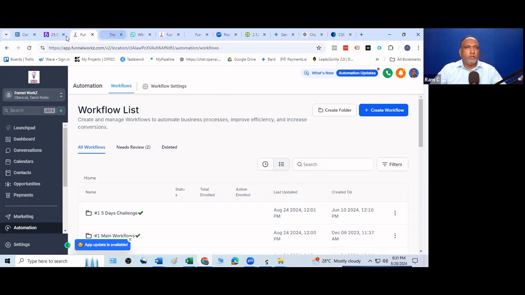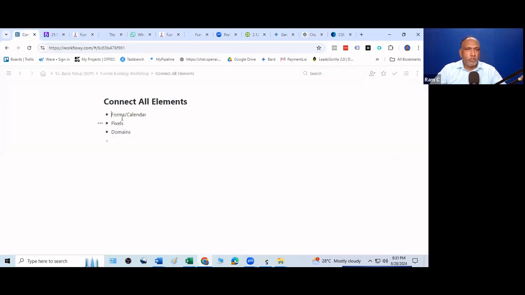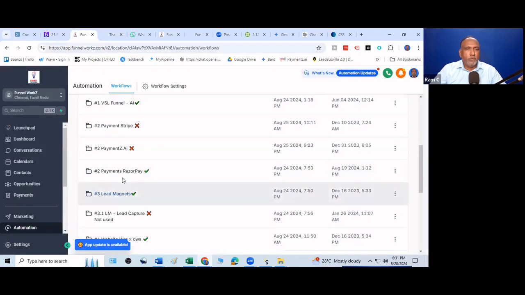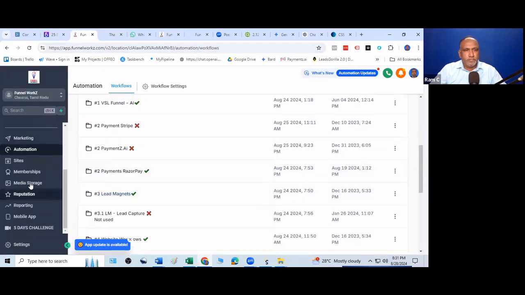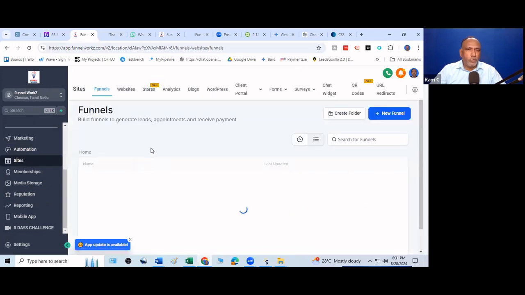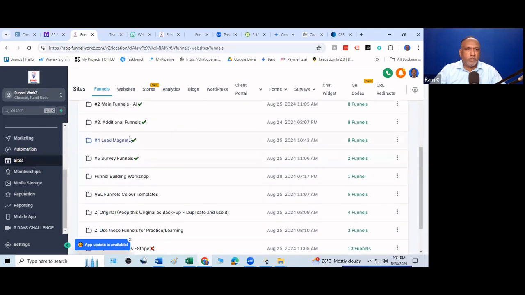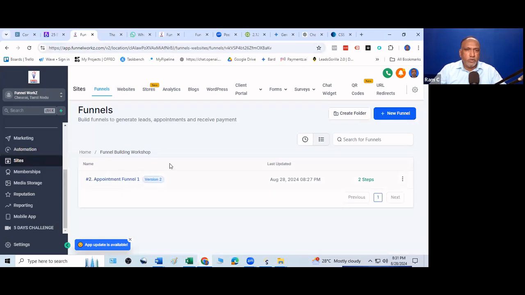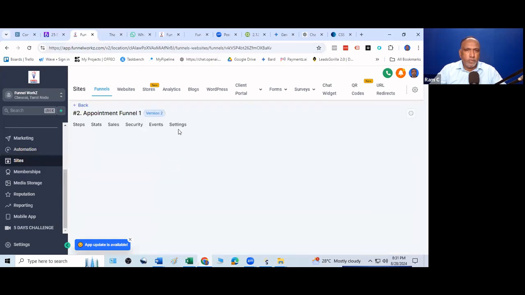Right. So the next point is the domains and pixels. Pixels will be added here. If you go to the sites, you need to add pixel in two places inside the funnel. First place is the global pixel. You will do it in the settings area. You just click onto the funnel, settings,